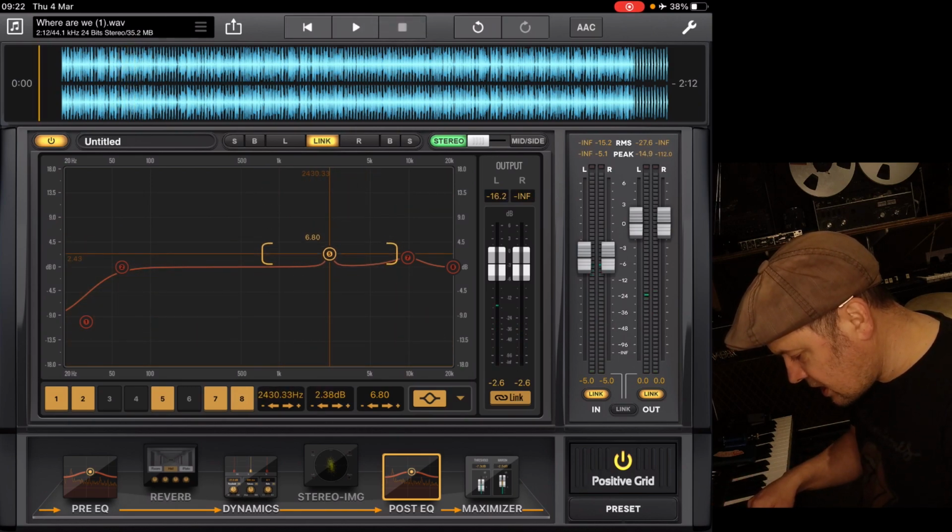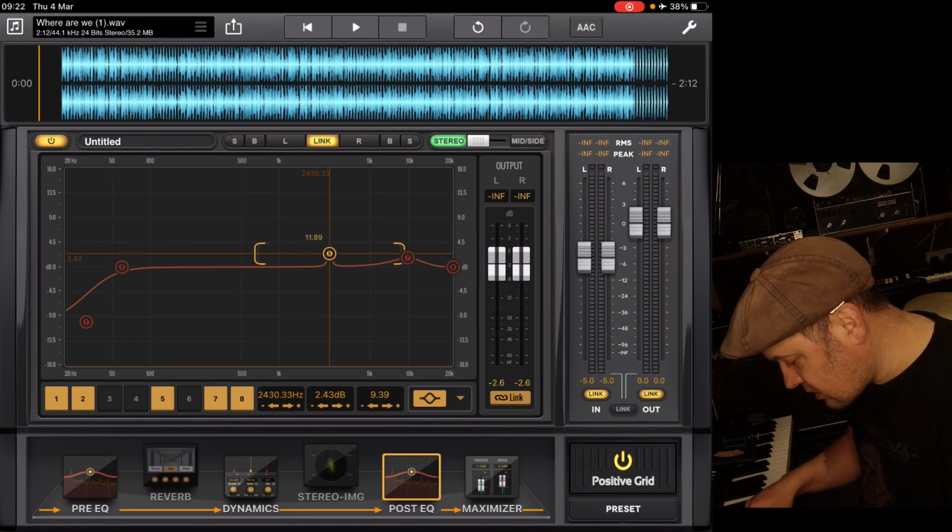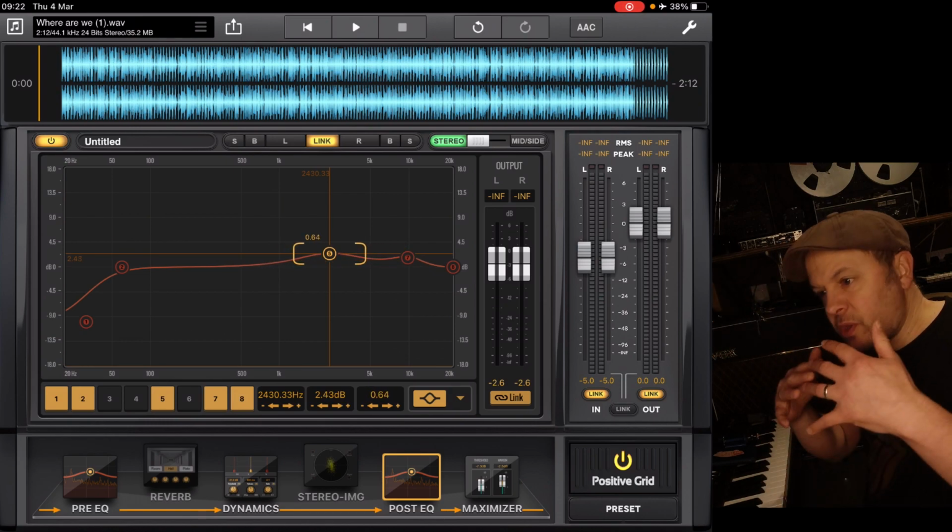Whereas I want to actually affect frequencies that are around that as well, so that it's just a